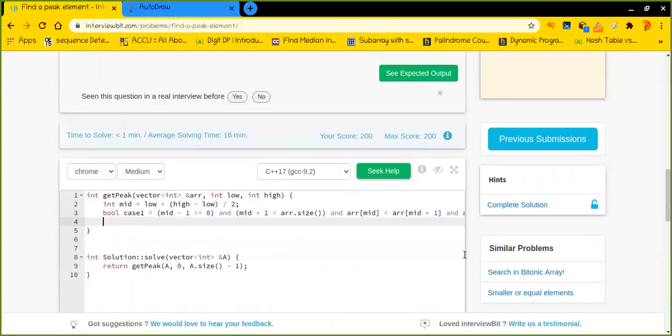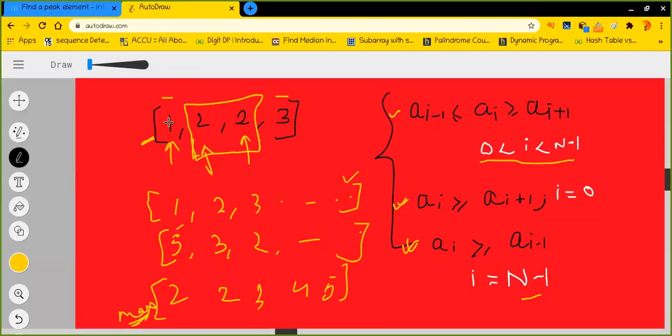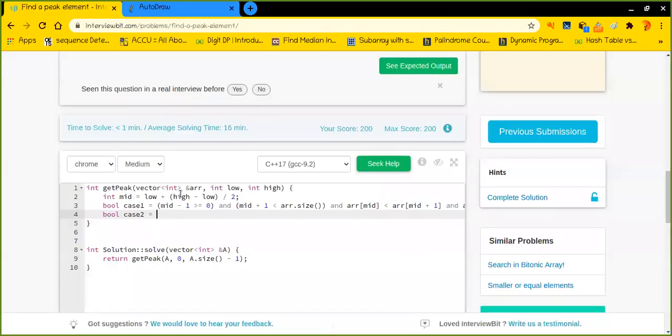So now let's handle the second case. So what is the second case? Obviously the second case is when the element is basically right here at 0th index. So basically what I'm saying is that in that case, if the element at the 0th index is basically greater than arrays mid plus 1, right?